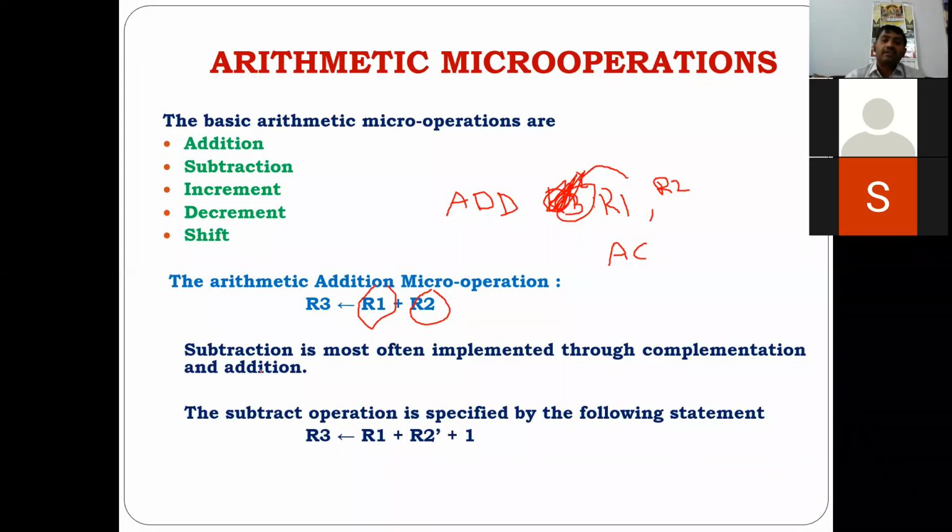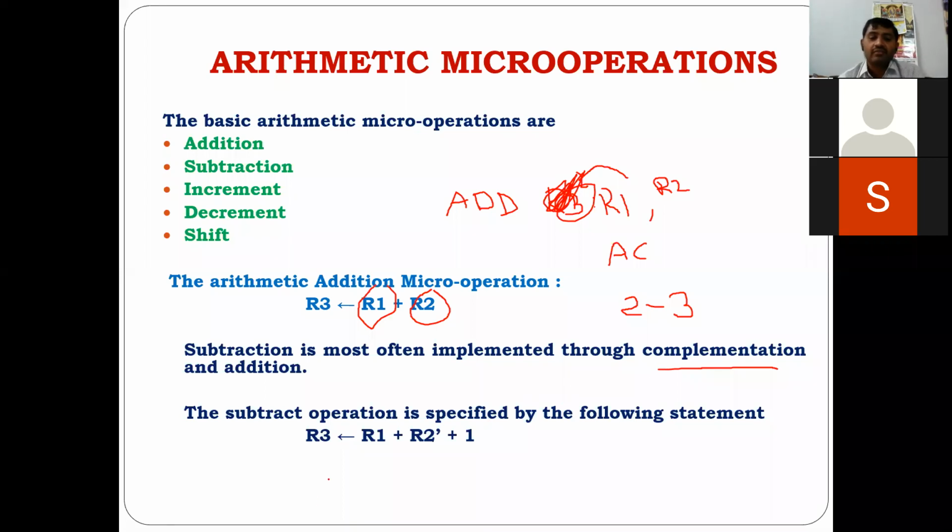Similar to that, subtraction. When we discussed subtraction, we saw that subtracting, for example, 2 minus 3 in binary will be a problem, because subtracting a large number from a small one is difficult. For that, we go for the complement method. The same thing, the computers or processors use the complementation method only.